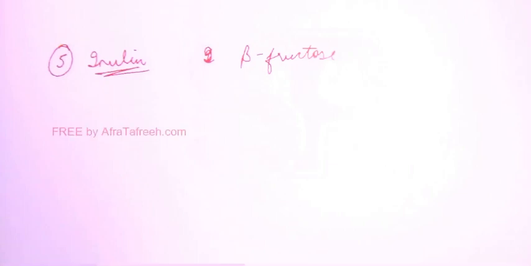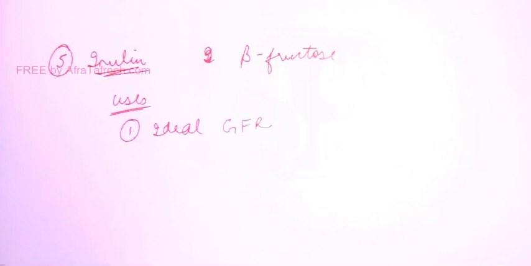Now, the fifth homopolysaccharide is inulin. Inulin is made up of beta fructose. Again, there is a beta bond. So inulin, if ingested, cannot be broken down, right? And the uses of inulin are: it is an ideal substance for the measurement of glomerular filtration rate, and also inulin acts